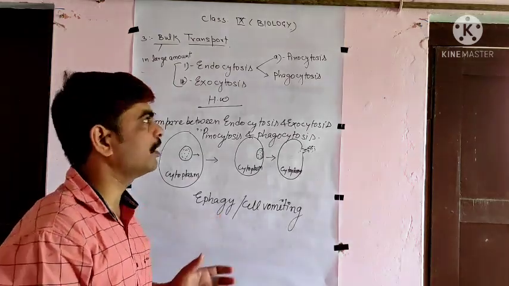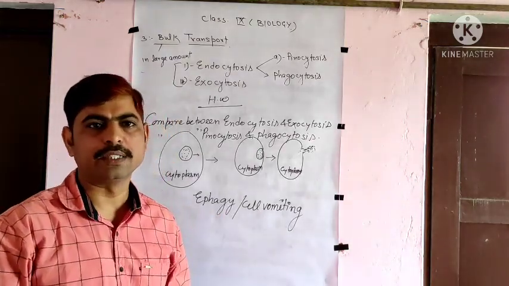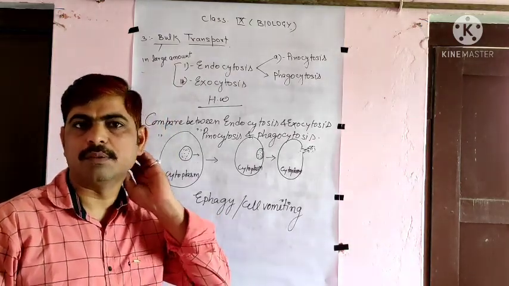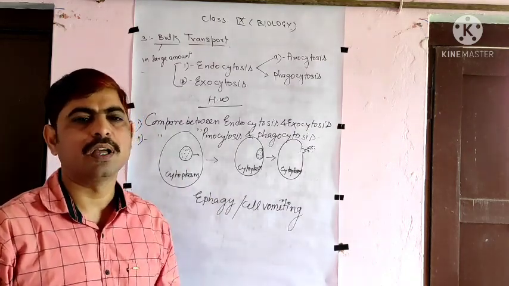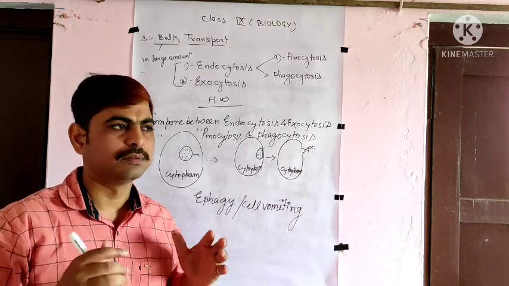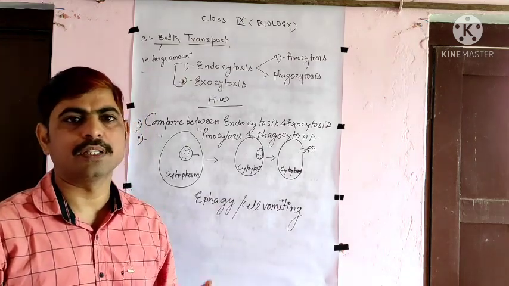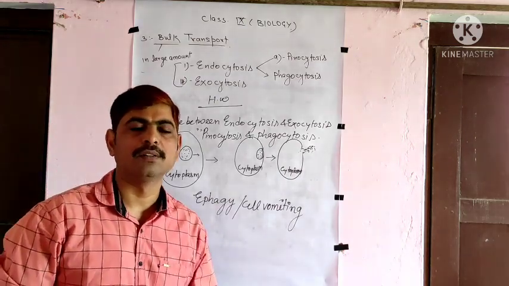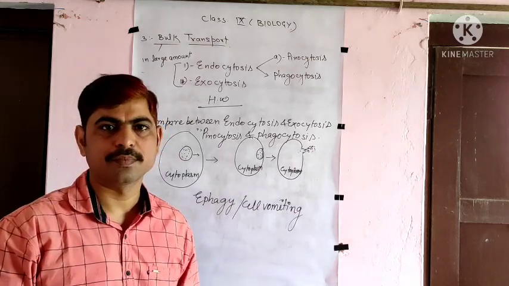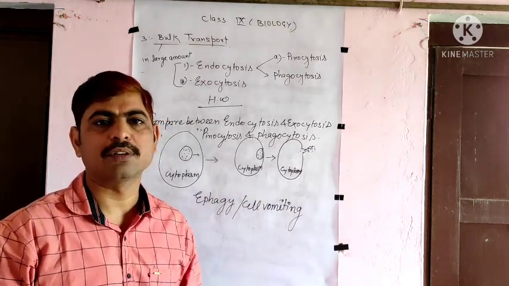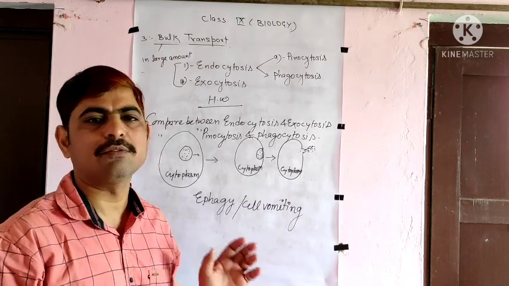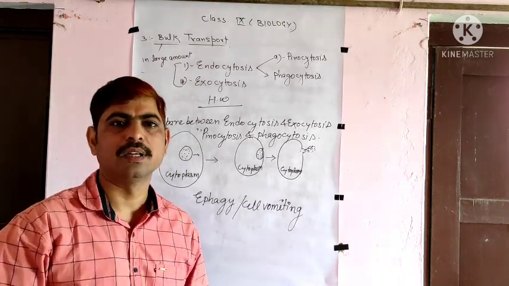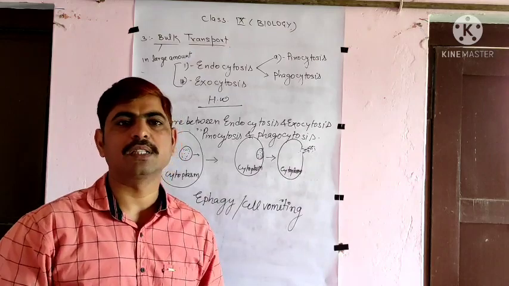Okay, so this is all about today's video and the topic. Perhaps we have finished half of this chapter. In the next video I will talk about the different other structures of the cell, like the nucleus, mitochondria, chloroplast, cell organelles. I will talk about those. Till then watch the video again and again and try to understand. Meanwhile, take the help of the book.